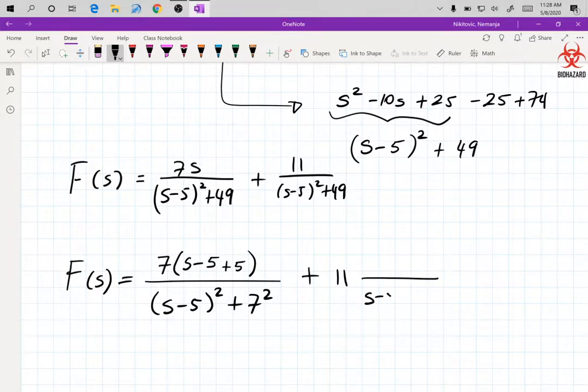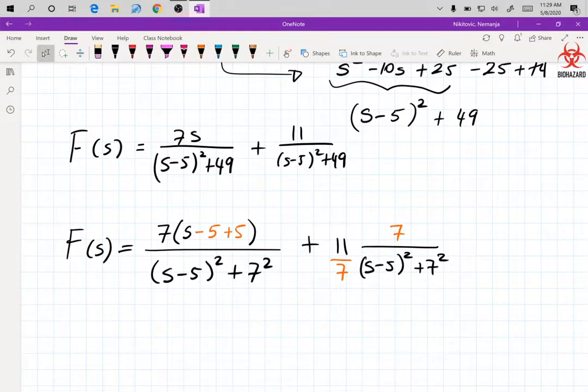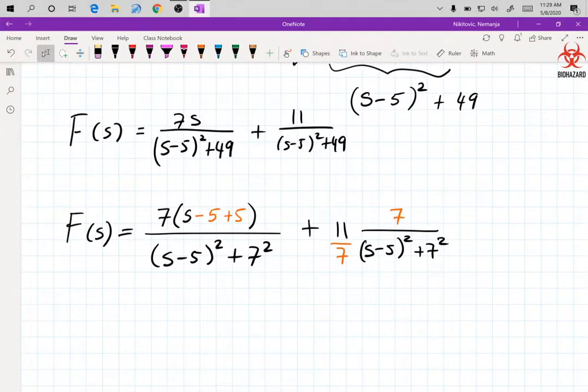Over here, we have s minus 5 squared plus 7 squared. I need 7 on top because it needs to match the k value. So I need the 7, so I have to divide by 7. Maybe let me use a different color for the things that I fudged. Right, so I need a 7 on top, and then I have to divide it by 7 to counter it. And over here, I fudged minus 5 and then plus 5. So these are the two things that I had to fix